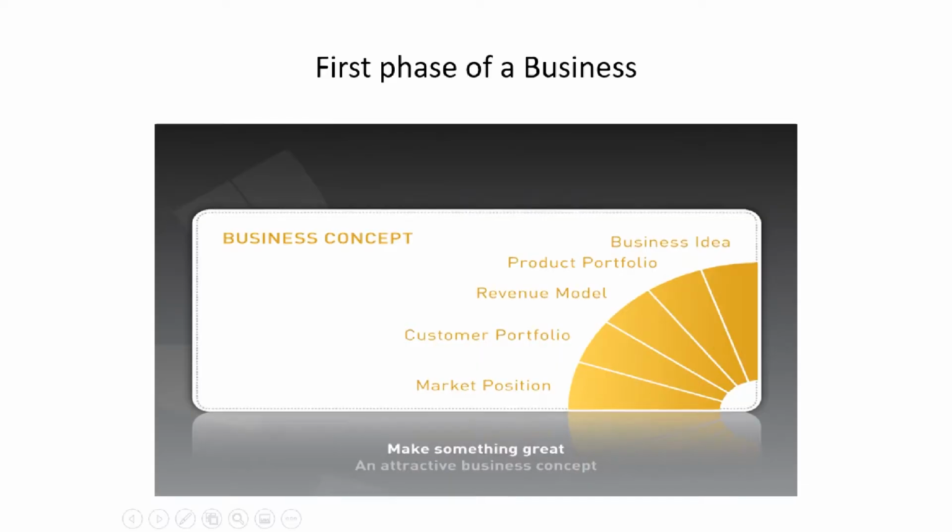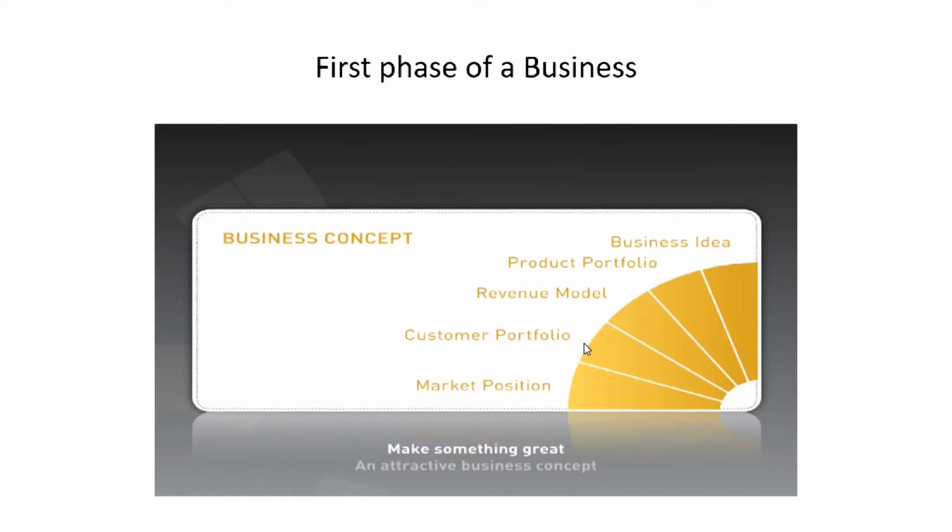And then the third one was your revenue model. Under revenue model, we look at how you are going to be generating funds. How is the business going to be making an income? This is where we also spoke about the different revenue sources that you can have, instead of having just that one product that you are going to be selling. For instance, if a customer comes in and doesn't buy that product, what other products can you introduce into the market to make sure that at least there's cash flow within the business? So do not have just one revenue stream. How do we multiply our revenue streams?